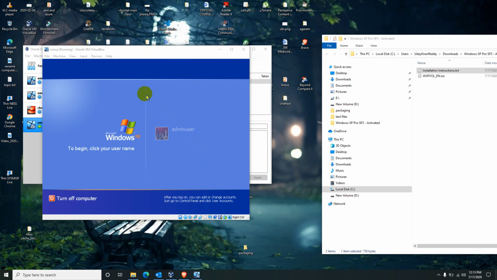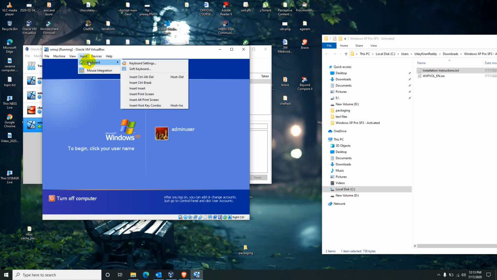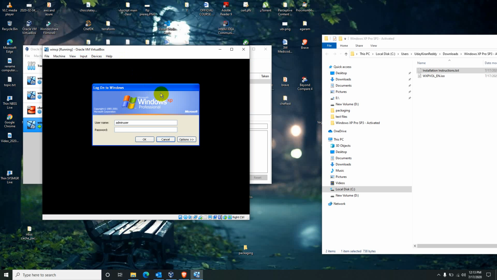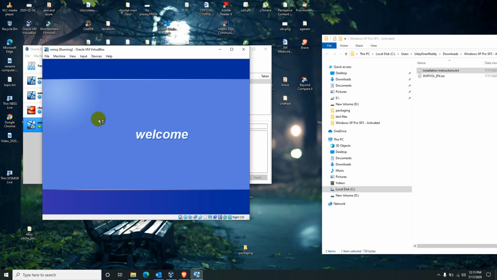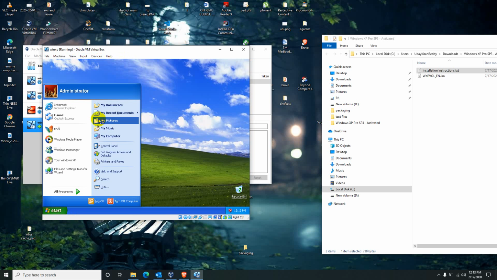To get the admin account access in the logon screen, type Ctrl+Alt+Delete multiple times. If you try Ctrl+Alt+Delete on this machine, the host machine gets locked. For the VM, go to input, keyboard, insert Ctrl+Alt+Delete one time, input, keyboard, insert Ctrl+Alt+Delete second time. It will bring the classic logon screen. From here you can log into the original administrator. I didn't set any password, so that's why it logged in directly.